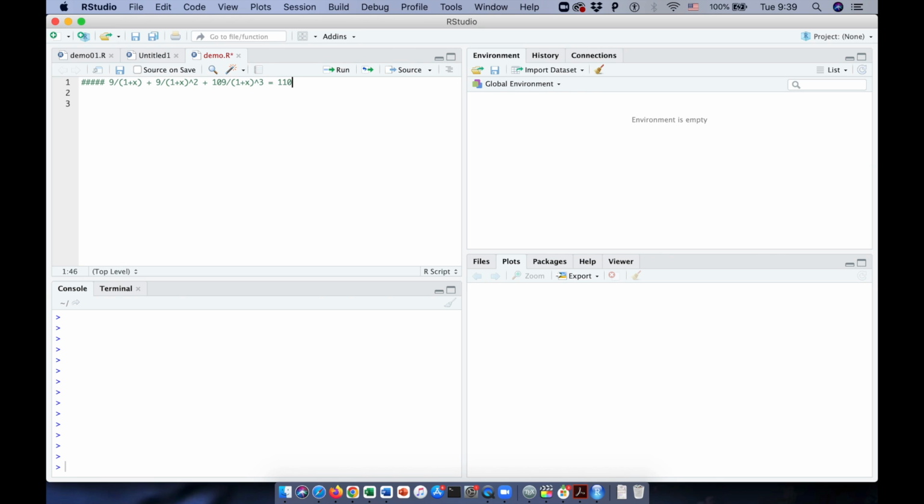You might have seen this equation in the field of finance or asset pricing, but you don't have to know about finance. Let's just solve this equation today, okay? Our approach is to define a function. Let's call this function f. And we define a function